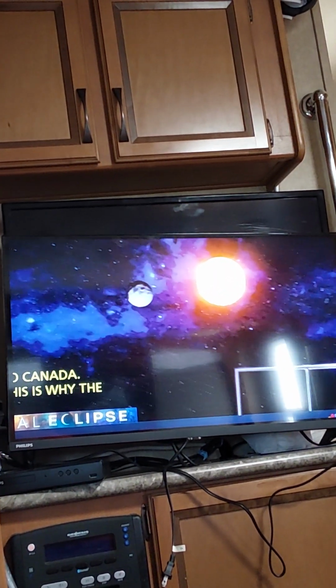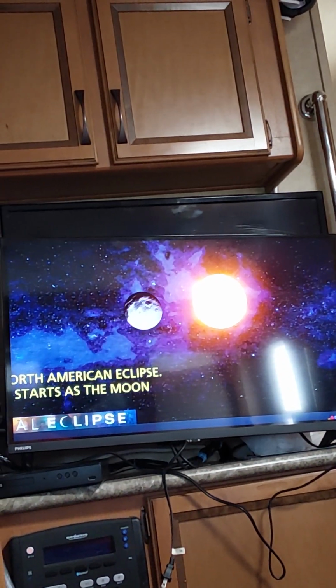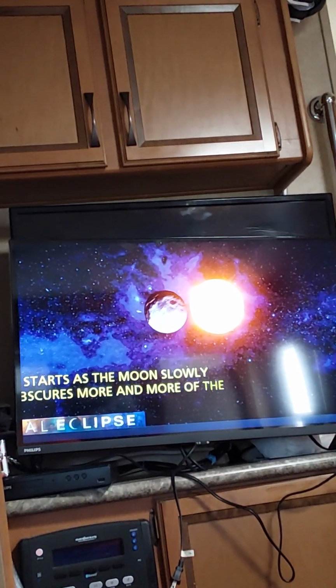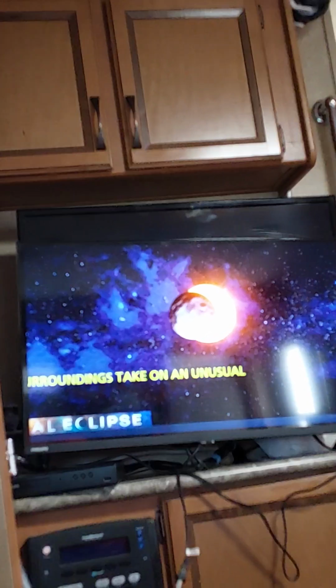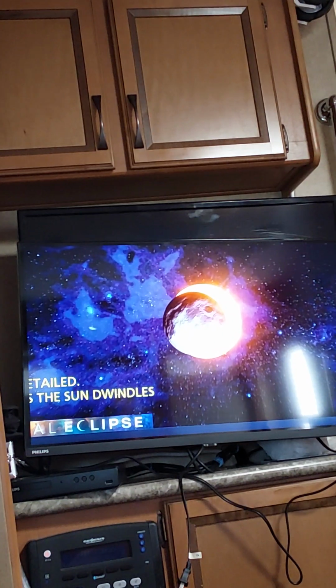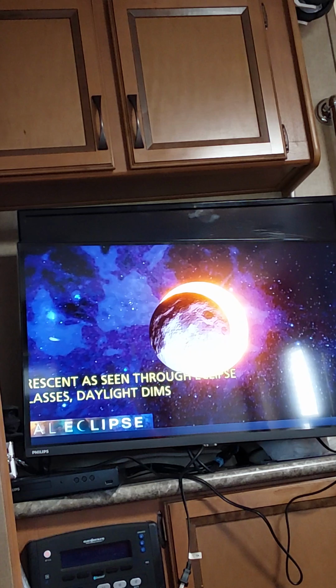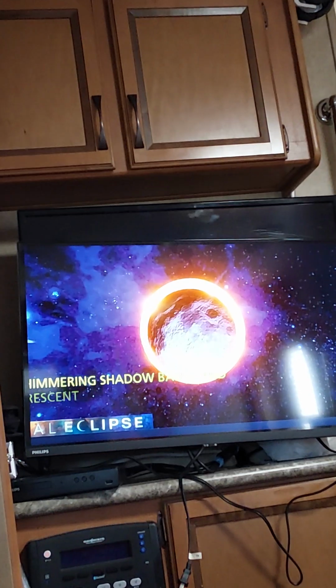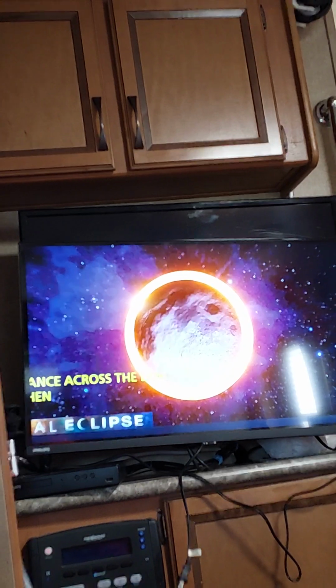It starts as the moon slowly obscures more and more of the sun. As it progresses, the surroundings take on an unusual hue, and shadows become crisp and detailed. As the sun dwindles to a slender crescent, as seen through eclipse glasses, daylight dims and shimmering shadow bands and crescent-shaped shadows might dance across the landscape. Then comes totality, when the soft wisps of the solar corona surround a huge hole where the sun used to